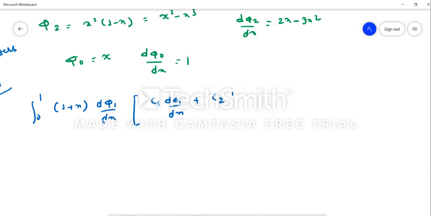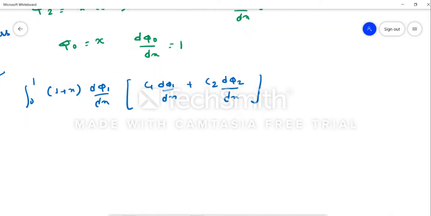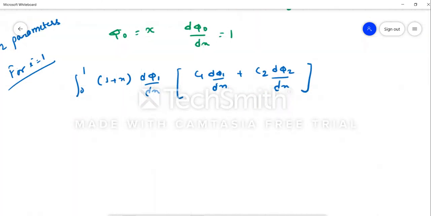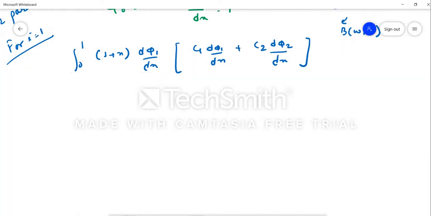If you have any doubt, you can check the previous videos. I have solved a few more examples. It will be clear to you there. And this is the easy portion, so you don't have to worry about it. So we are just solving the LHS here. LHS is the bilinear functional. For i equals 1, it will look like this.